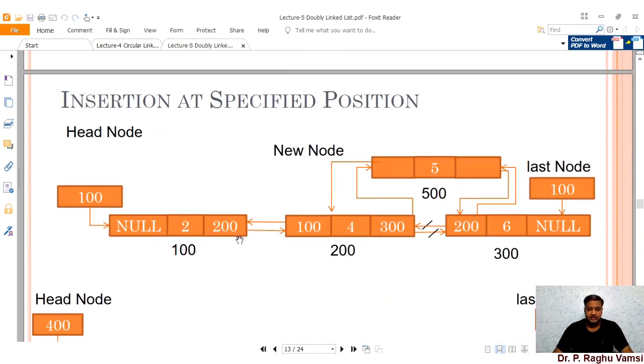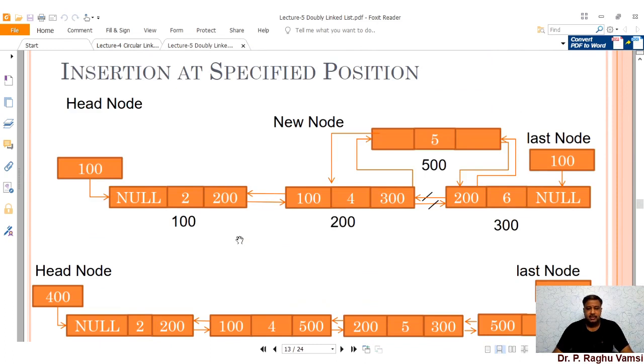Next is inserting at a particular specified position. For the insertion of a node at a specified position, just like in the singly linked list, you traverse till position minus 1, and you create a new node. Obviously the new node's previous is null, and next is also null. Now since you are at position minus 1, that node's next should point to the new node, and the new node's previous should point to the position minus 1 node.